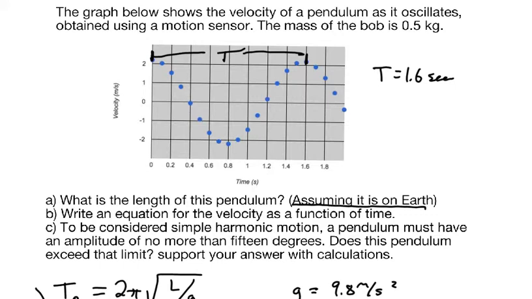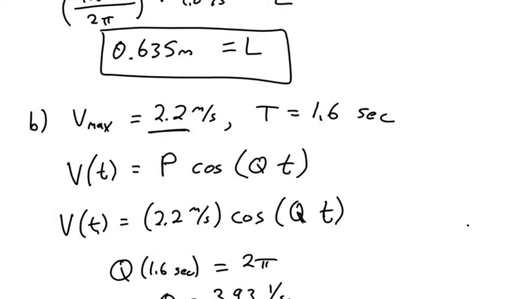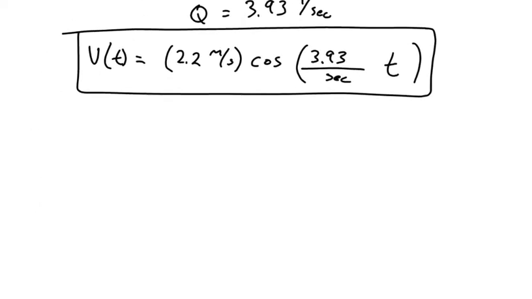Now, once we figure out how much gravitational potential energy it has, we can also figure out how much higher it must be than its equilibrium position when it's at its maximum, when it's at the amplitude spot. From there, we'll be able to tell what the angle is, and we can evaluate whether it's 15 degrees or less. So, on part C,